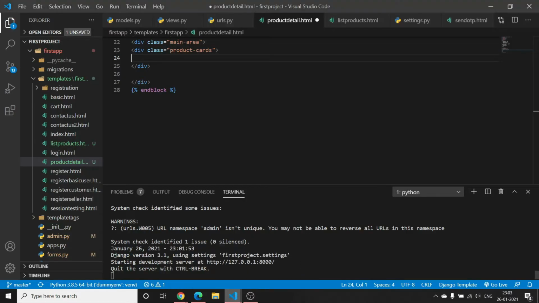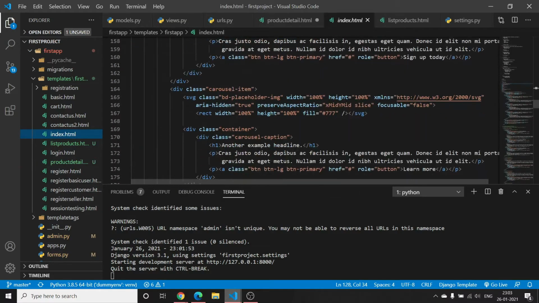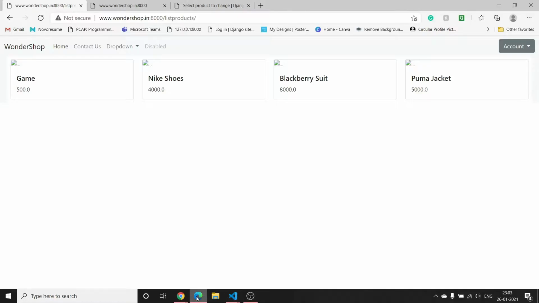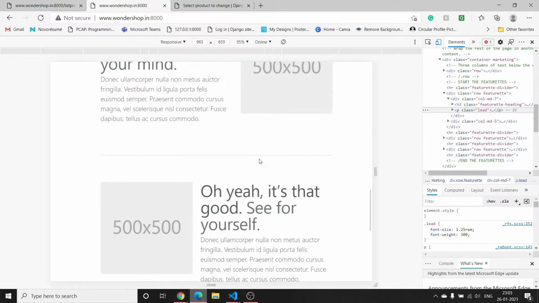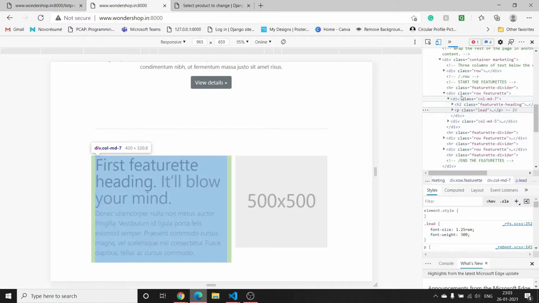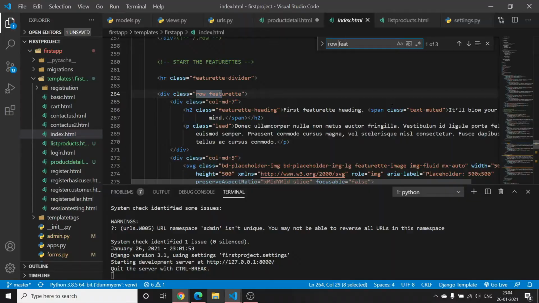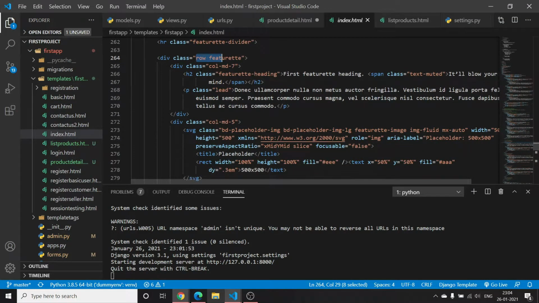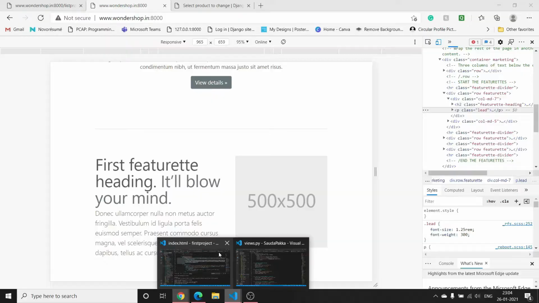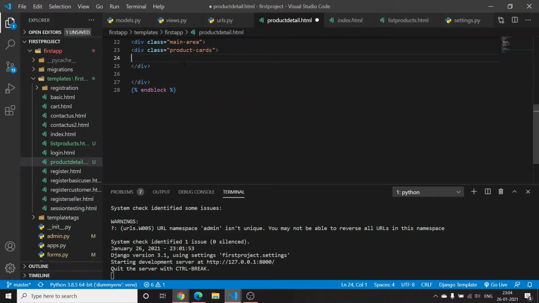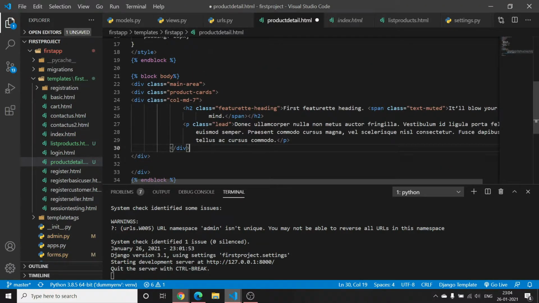We will copy this from our index.html file, and the code corresponding to that is, inspect, and here it is. The code starts from here, div class row featurette, and we want this, and if we place this in our product_detail.html file, it will look like this.